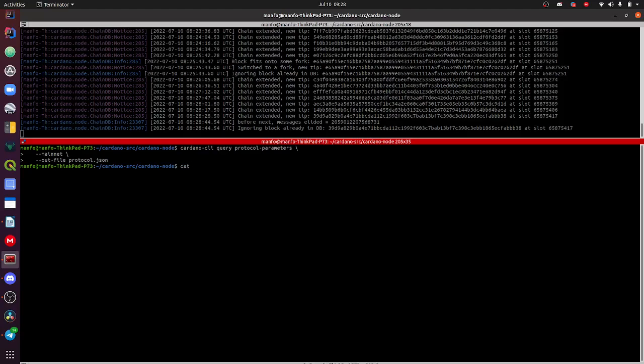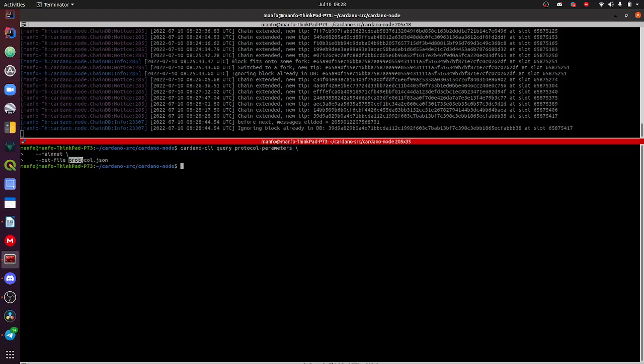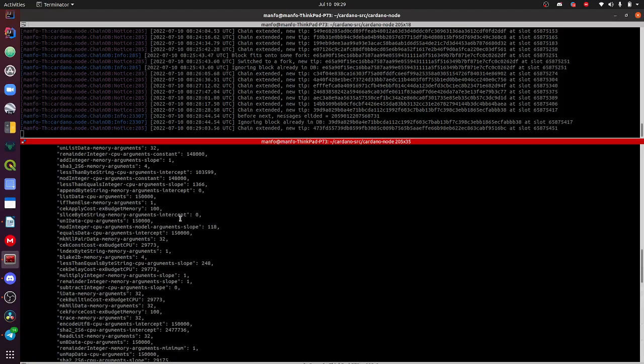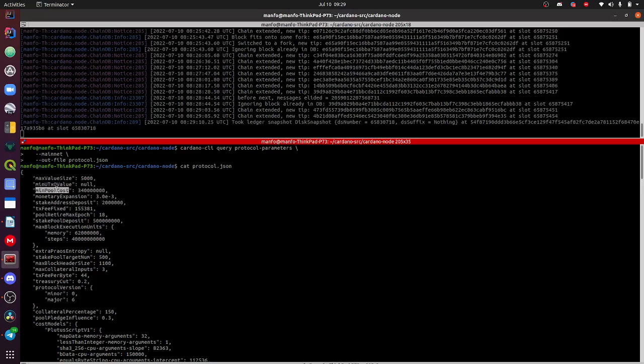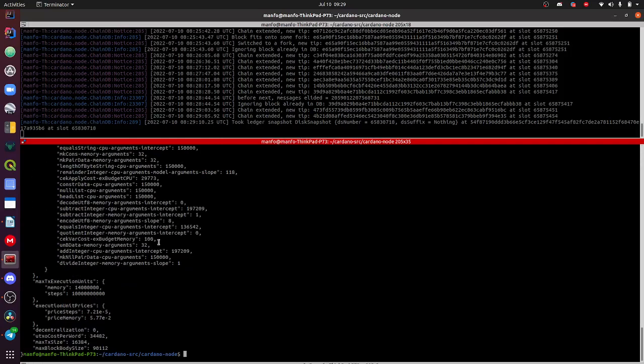That command just created a file called protocol.json that we can sneak at. See, it's a bunch of information about the Cardano node protocol, but we don't want to get too much into that. I just wanted to show you. So if I clear that,